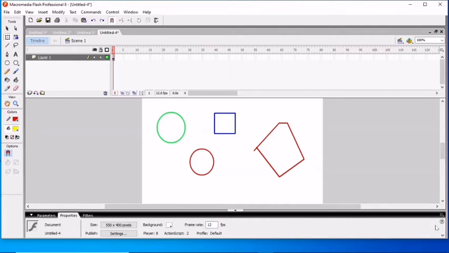Now we start our second part, changing the color or transparency of an instance of a symbol. For this I draw some symbols here, and you can see these different colors. Now if I want to select any of these shapes,